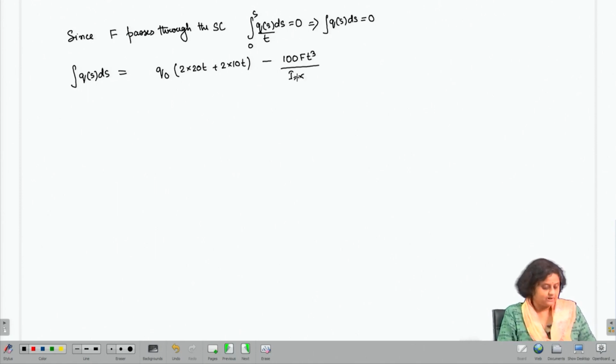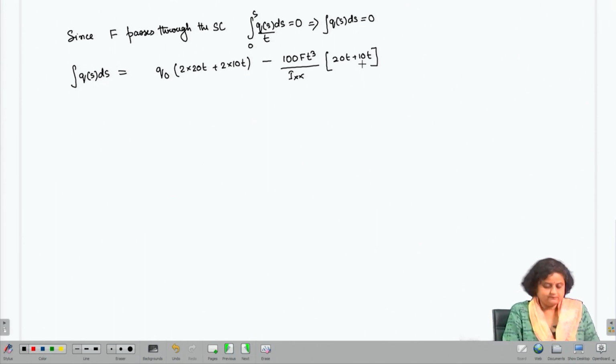We have a term like this in Q2. So, that into 20t plus 10t. This is the second term that we are going to have, and then we are going to have the other terms. So, the other terms are going to give us minus 5 F t square